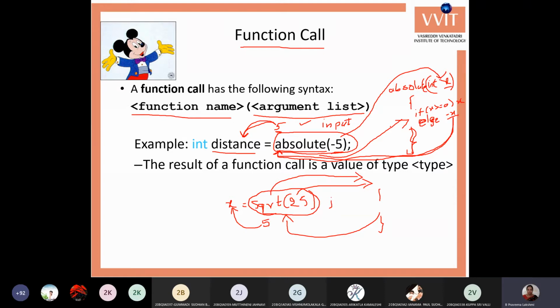Function call is executing the function or using the function by giving the input values to the function.